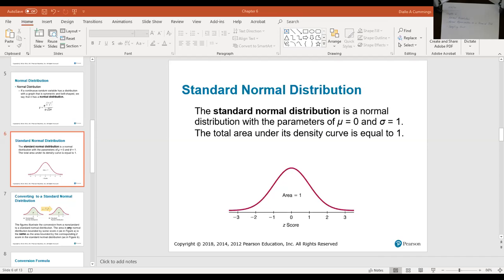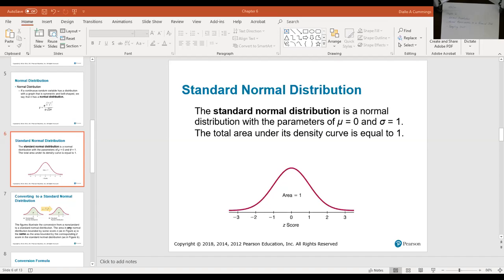In order to find that area or probability, I'm going to pull up my graphing calculator. I want to go into distribution, and I want normal CDF. Once I select normal CDF, I'm going to put in my interval. Notice that the standard normal curve runs from -3 to +3, but as we talked about, this curve keeps on going infinitely. So instead of using -3, I'm going to use -10, and that would account for all of the area to the left,